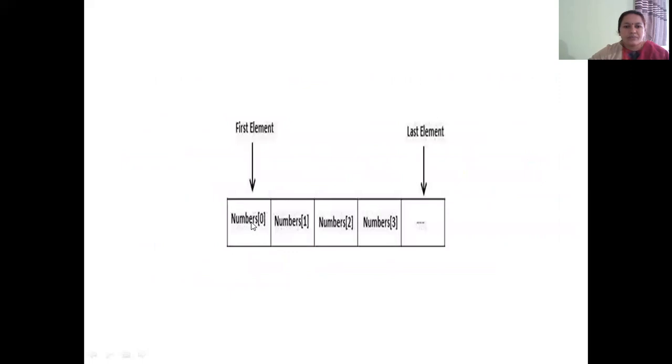So if you observe here, number 0 is the index of the first element. So in the memory, the contiguous memory location starts from the first element and continues till the last element.